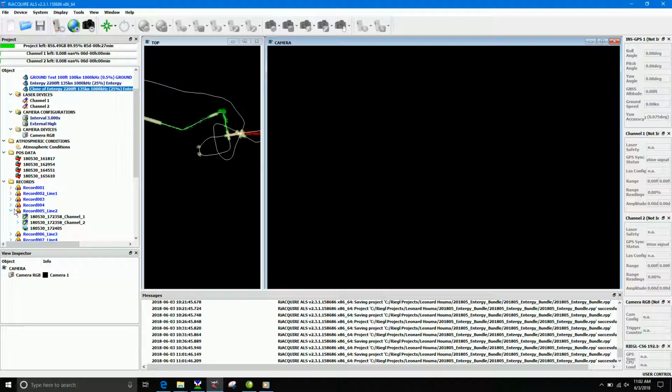Make sure maybe one of the scanners is red because it froze or something. I don't know. I haven't had that issue yet,